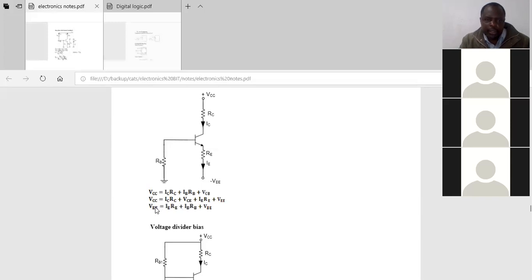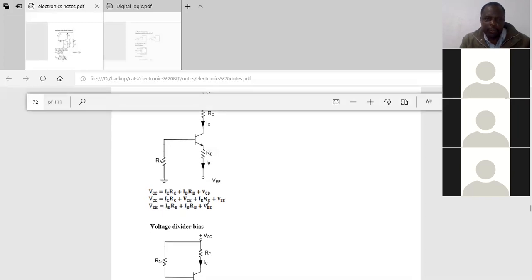This one, VEE is equal to IERE plus IBRB plus VBE. This one, I think we might not include it. I don't think we need to have this because it does not form a loop. Unless you are forming a loop, that's when you will have this kind of equation. I think that one you don't need to include it. So if you go down,